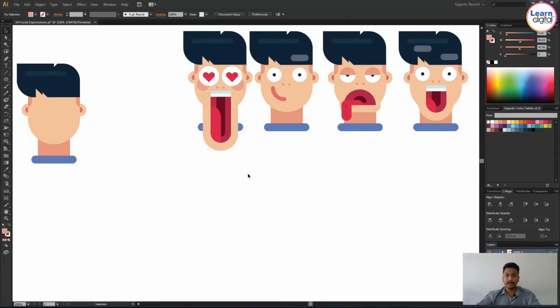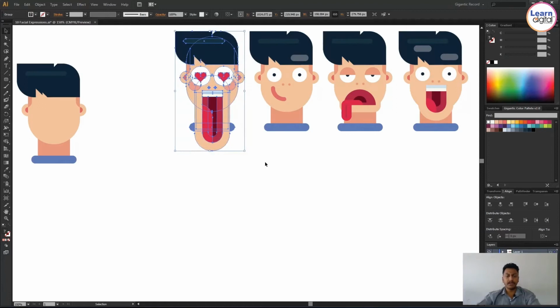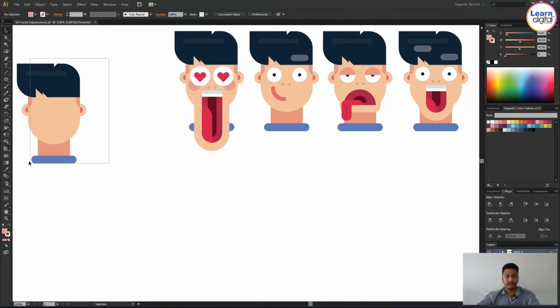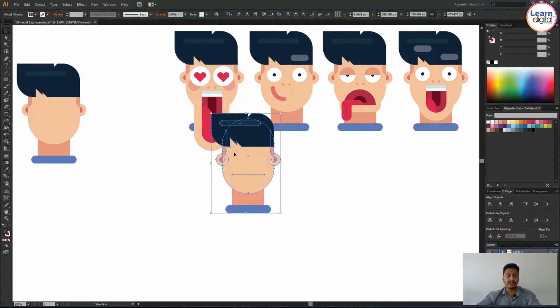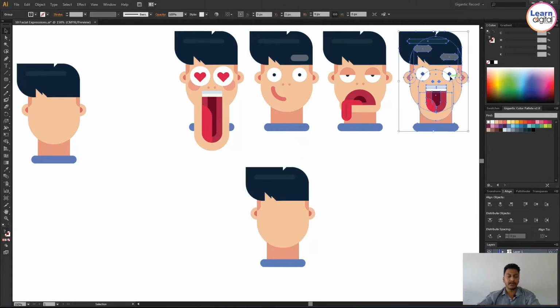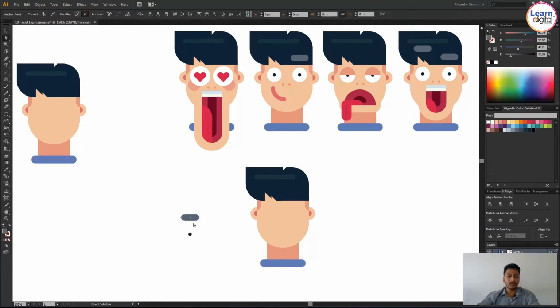Always, whenever you are creating facial expressions, try to keep one extra face. Because each and every time, if you have a face without expression, you can create beautiful expressions in less time. So an empty face, as I'm doing right now, the empty face. Then I'm changing small things. You can play with the expressions.